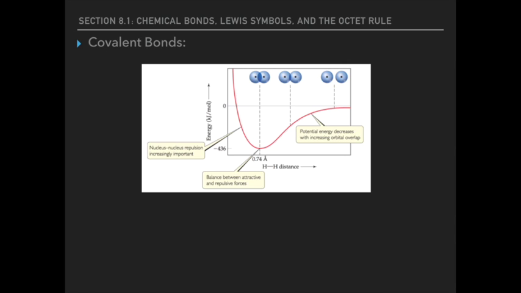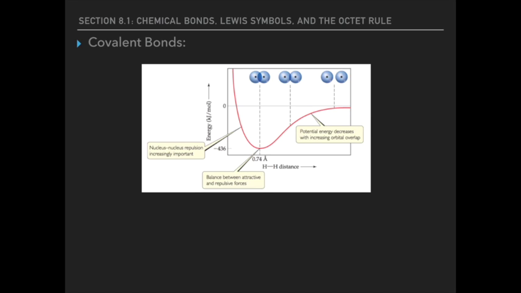So in first year chemistry, you guys learned how to draw the Lewis structures for molecular compounds. And we're going to be expanding on that today, looking at molecular geometries and electron domain geometries. But the first thing that I wanted us to go over was actually how covalent bonds form. We know it's the sharing of electrons, but specifically how we can determine the energy that's involved in that bond,